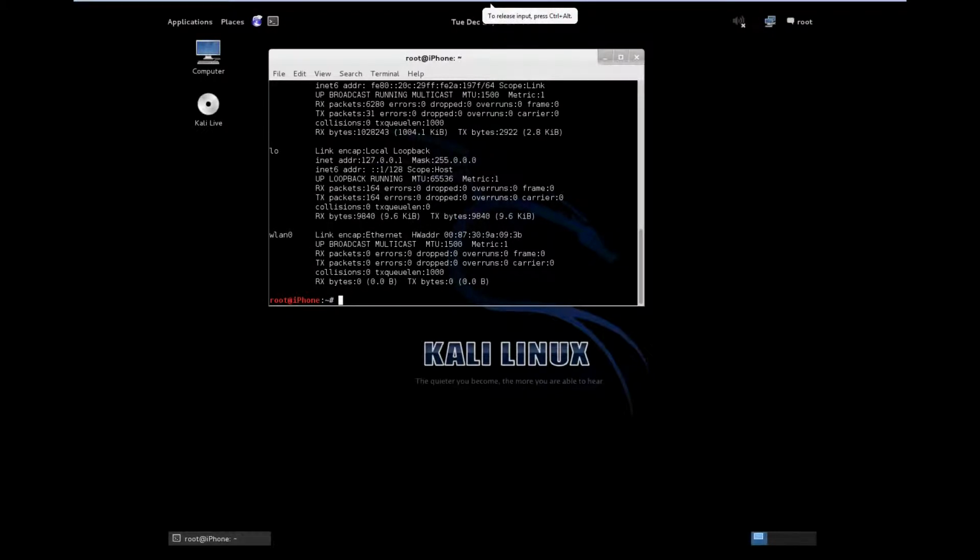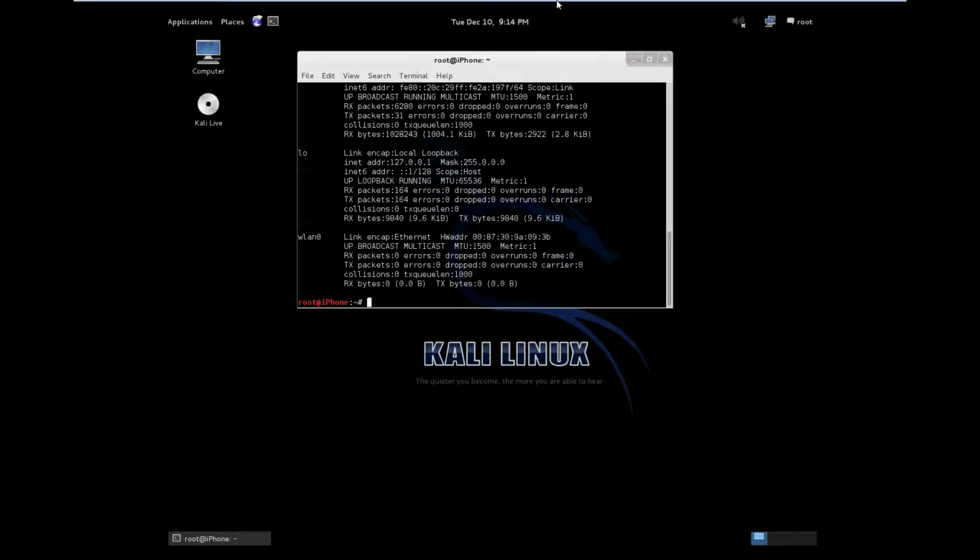Okay guys, so now we're all set up. We're running Kali Linux in a VMware Player virtual machine, and we've got the USB device plugged in, and we're ready to go. Okay. So what we first need to do is, you can see here I've got my network